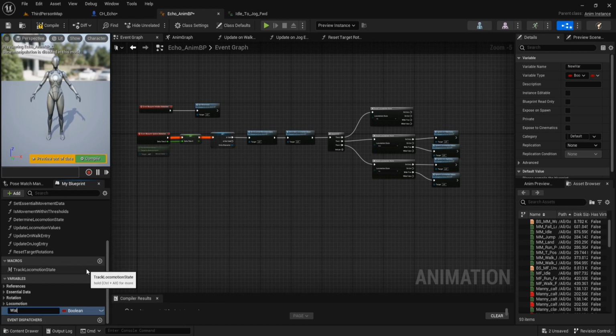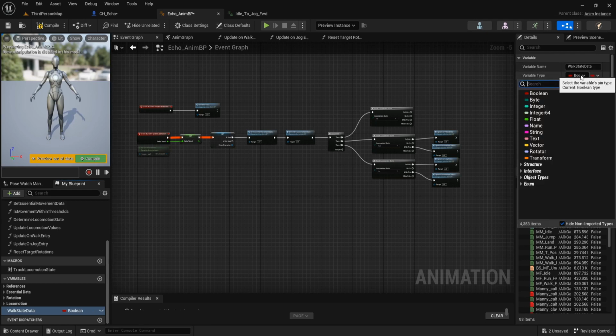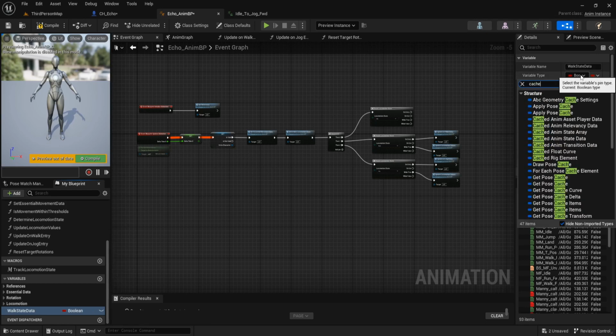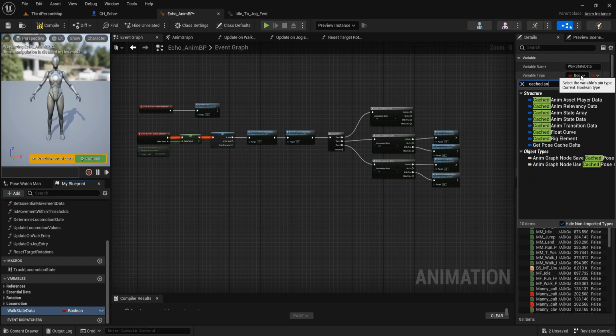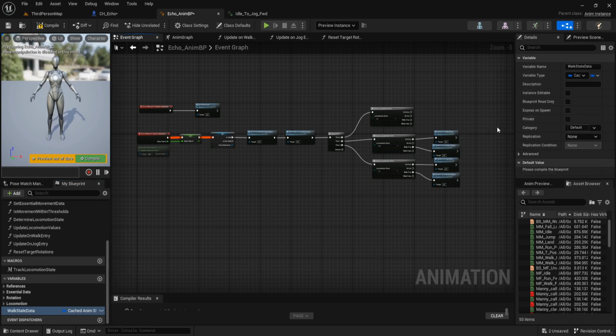Name it walk state data, and variable type is cache anim state data. Duplicate it.